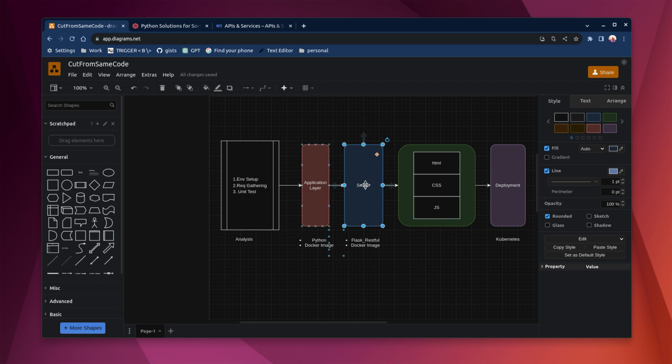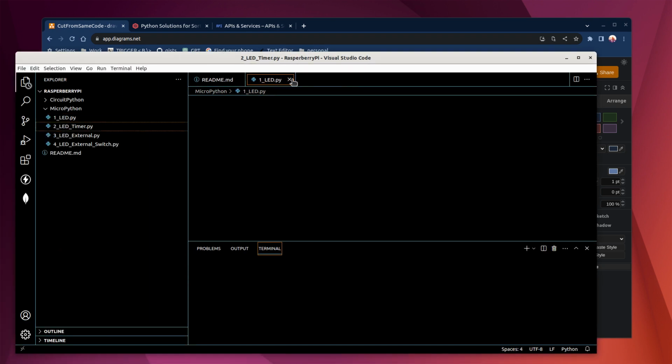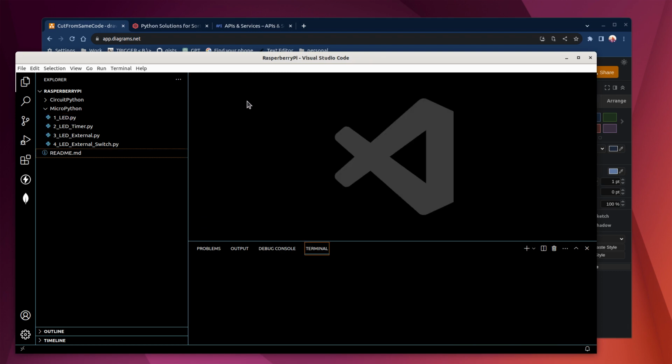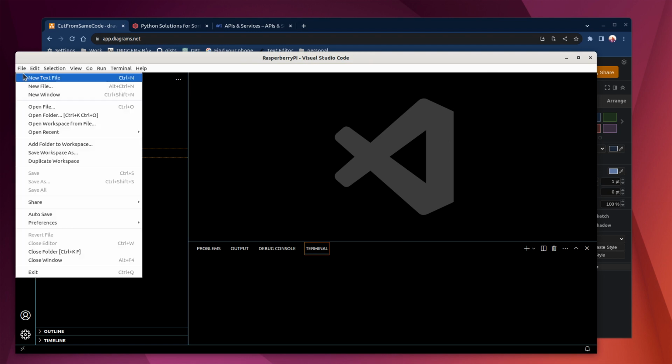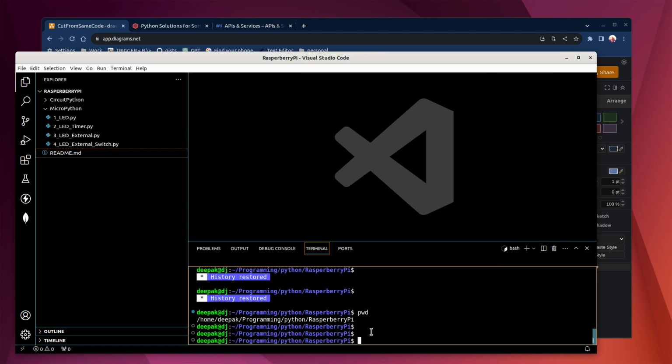For this you need VS Code, you need to have Docker installed, and obviously you need to have Python environments for the same. So let's start VS Code here. Okay, I'm running VS Code in high contrast mode. Let me actually open the folder. Before that, pwd, cd dot